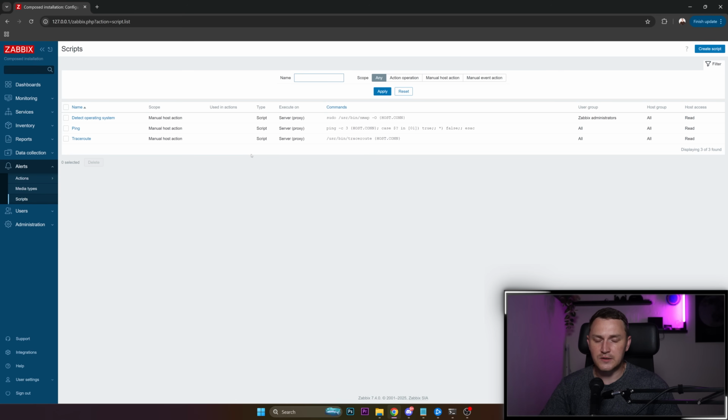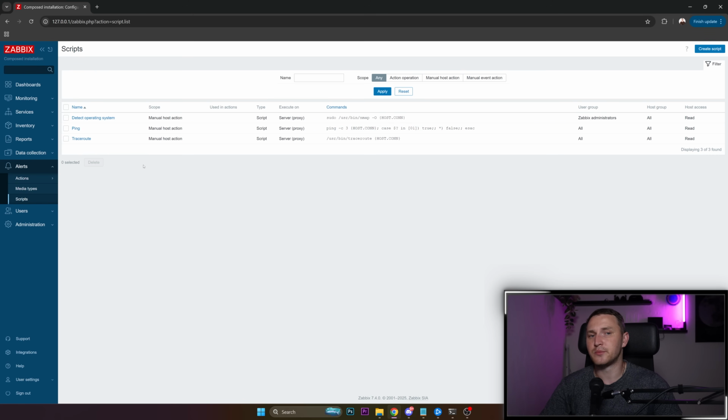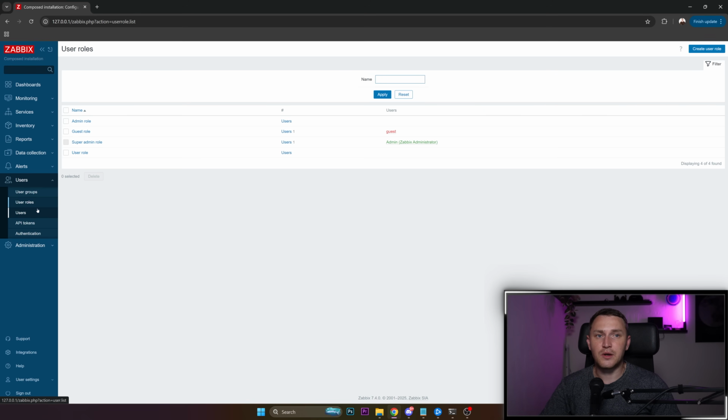Like if we're monitoring a Linux server, some problem happened on this Linux server, so we can execute this command here that we specify when creating the script on the host where the problem happened. Users, place where you have an option to configure all of your user permissions, user groups. So user groups, all of the permissions in the ZABBIX are basically delegated not on a user level, but on the user groups. Then there are user roles where you have an option to make even more granular permissions, because